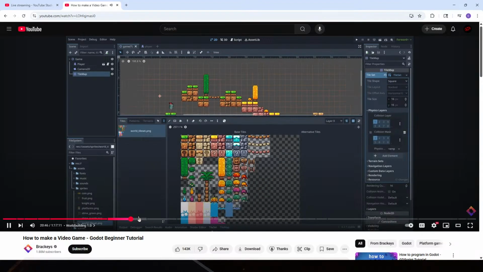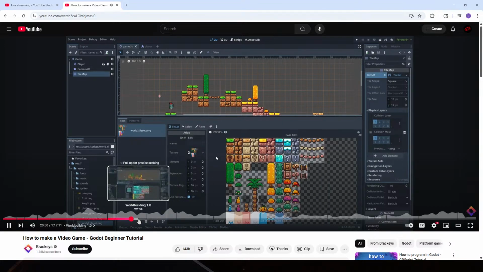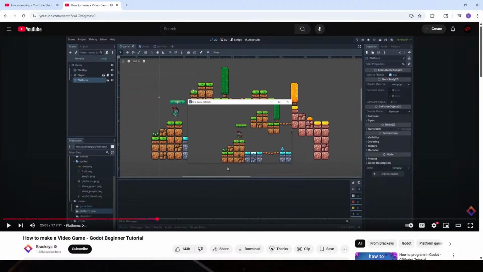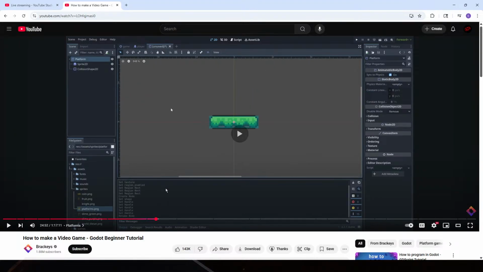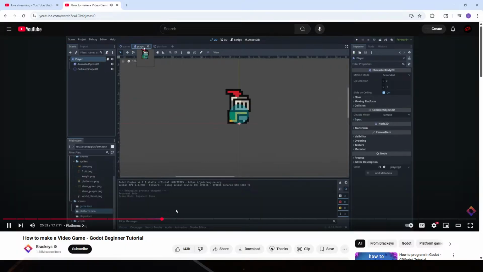we'll go under our tile set, and here we need to choose what tiles belong to the physics layer. Camera is scene, so control player. So in our player scene, we go under